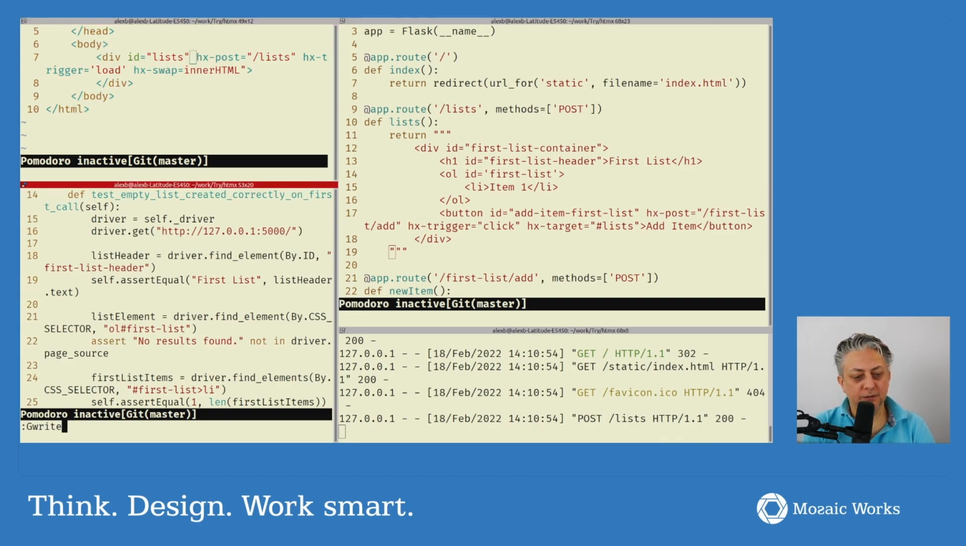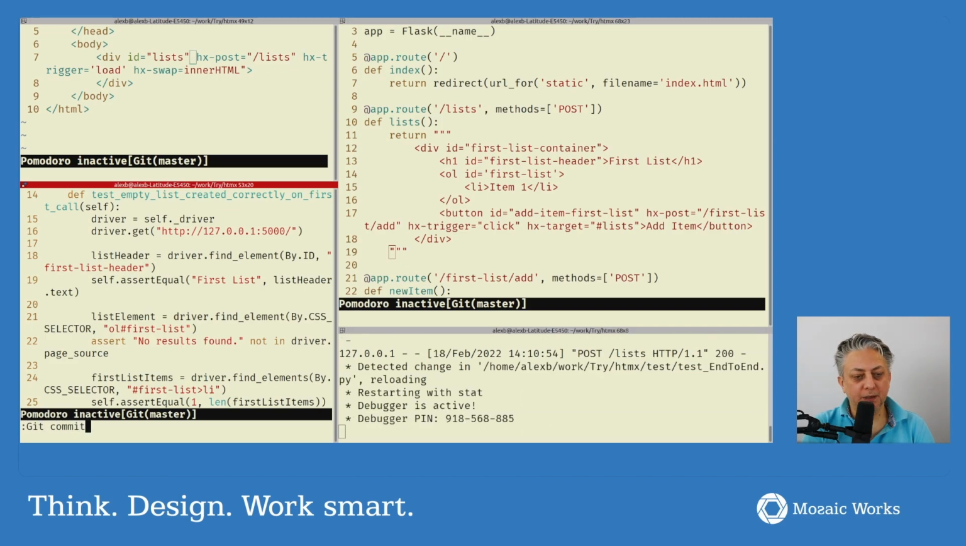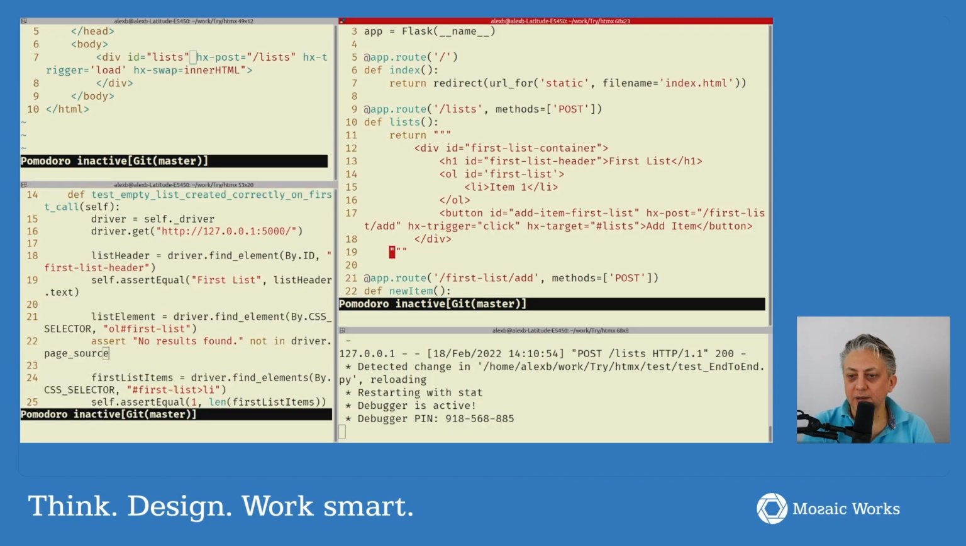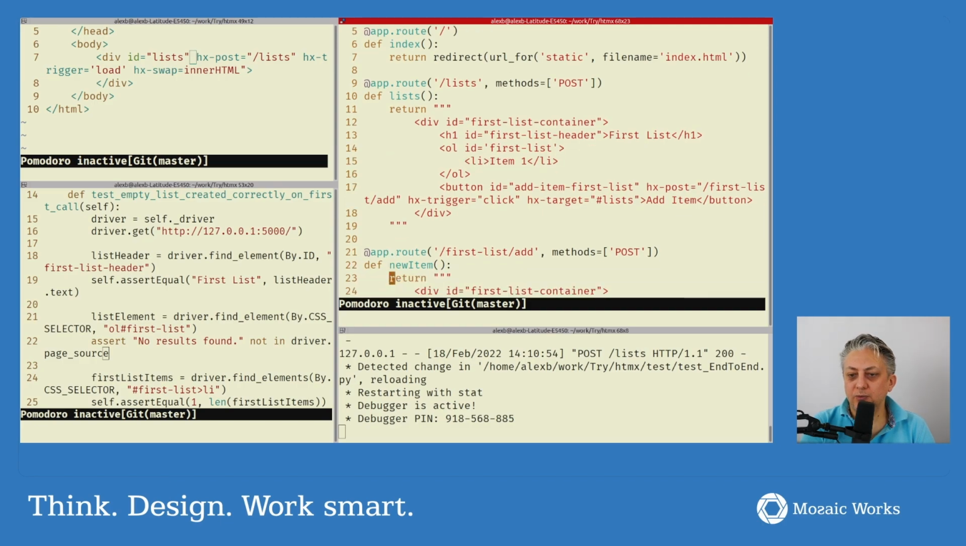Gwrite, git commit. So now what have we done? Modify the test, make test more specific to find a list. Good. Done with that. Now, next thing, how about we,